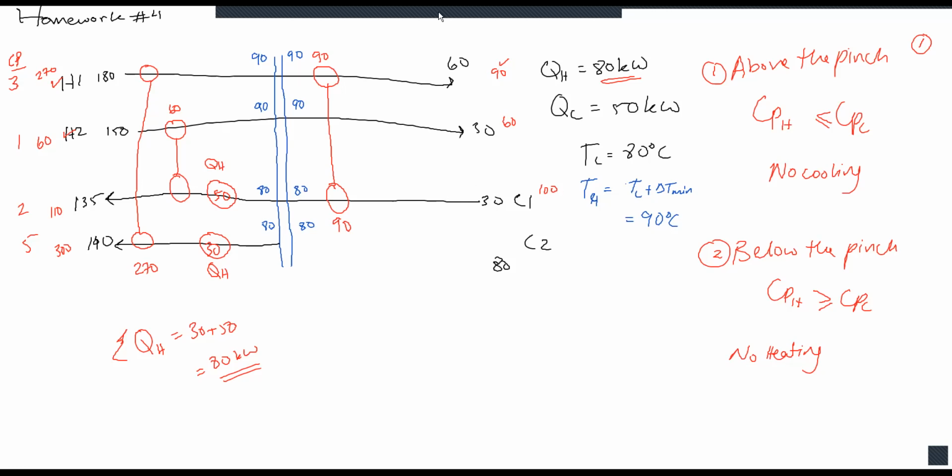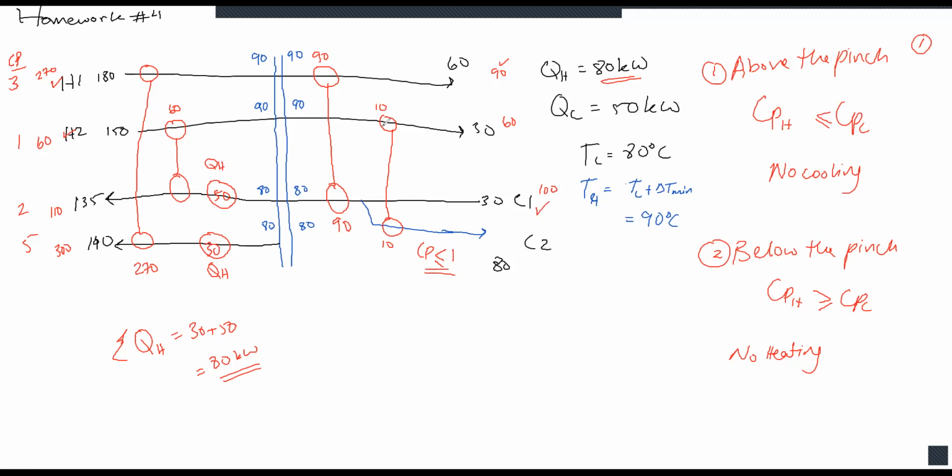So in order to do this, as we discussed in the slides, I'm going to do a split stream. I'm going to split this stream, and you can calculate the split fraction. And then I'm going to connect this stream to the split stream. And the CP of the split stream is less than 1, okay? This is very important so that you don't violate this rule. And I'm going to transfer 10 kilowatts. So if I do this, 90 plus 10, I'm satisfying C1, and I have 50 here, which have to